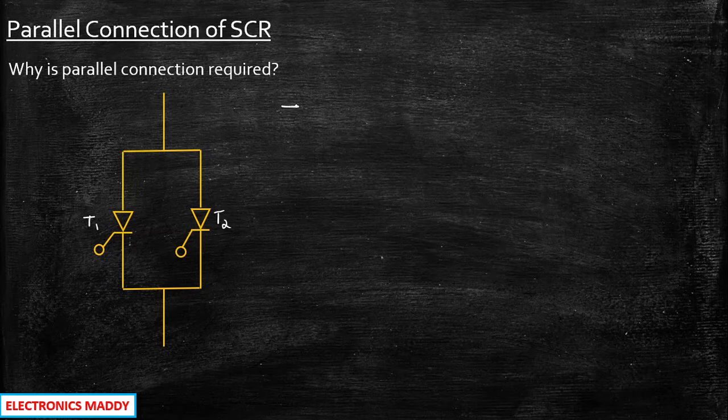Now let us consider an example where we have a 5 kilovolt and 1000 amps current rating source. So this 1000 amps has to be given to a thyristor. For example, we have a thyristor rating of 500 amps, say T1, and we have T2 rated as 500 amps. When you're giving this 1000 amps directly to only one thyristor in the circuit, what will happen? This thyristor T1 will be damaged. Similarly, if you're using T2 alone, T2 will be damaged because it can handle maximum up to 500 amps.